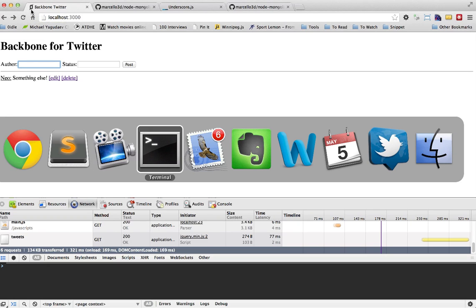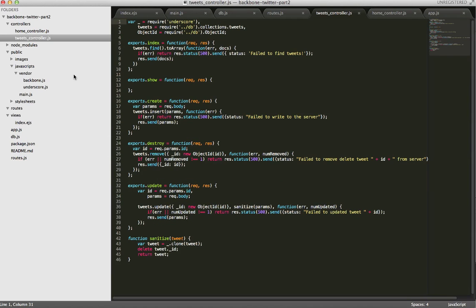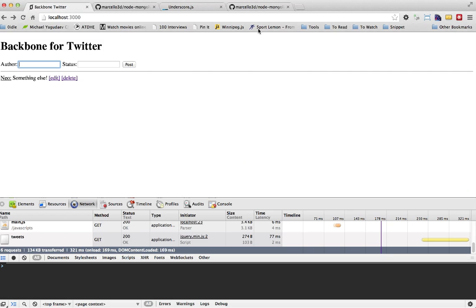Now you might be asking yourself, what about the show method? Mike, what are you going to do about that? Well, let's take a look at our interface first and figure out what we need to do with it and what it even means. So if you look back at our interface here, we don't really have anything to show,